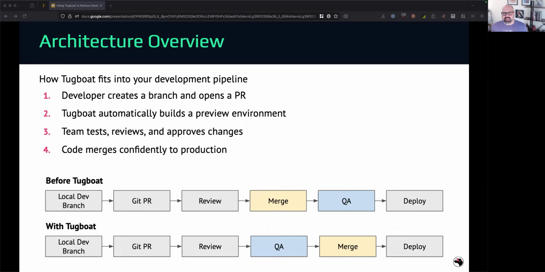Step three, the team tests and reviews and approves the changes all within the PR. Either the code review happens on your PR, which is normal. That's what's happening today. And the QA now happens on the Tugboat instance, or your teammate is testing the change on the Tugboat instance, which I'm basically using interchangeably with the word QA. And then after everybody approves that this is what we want, this is how it should work, then you merge